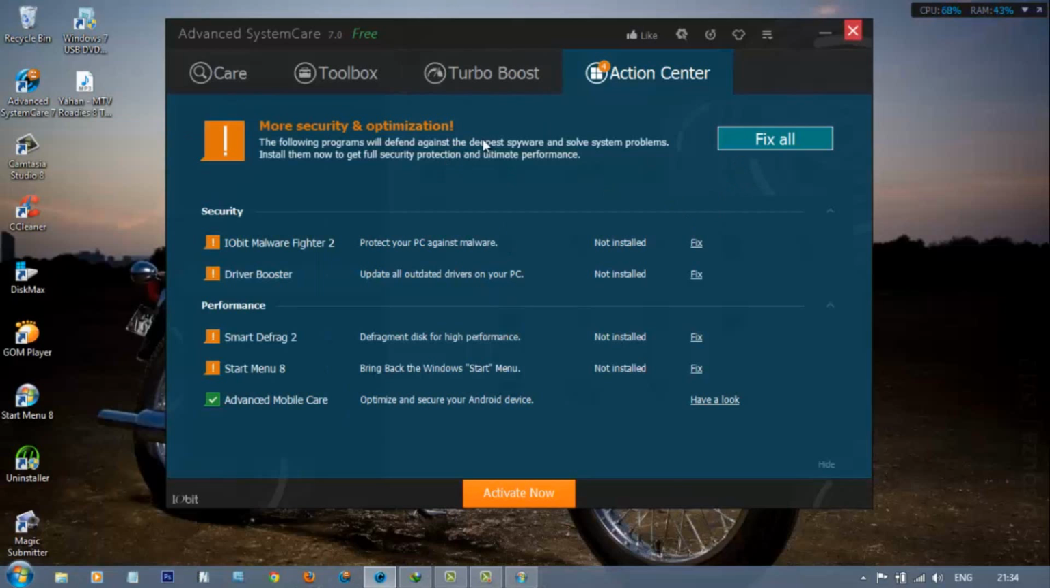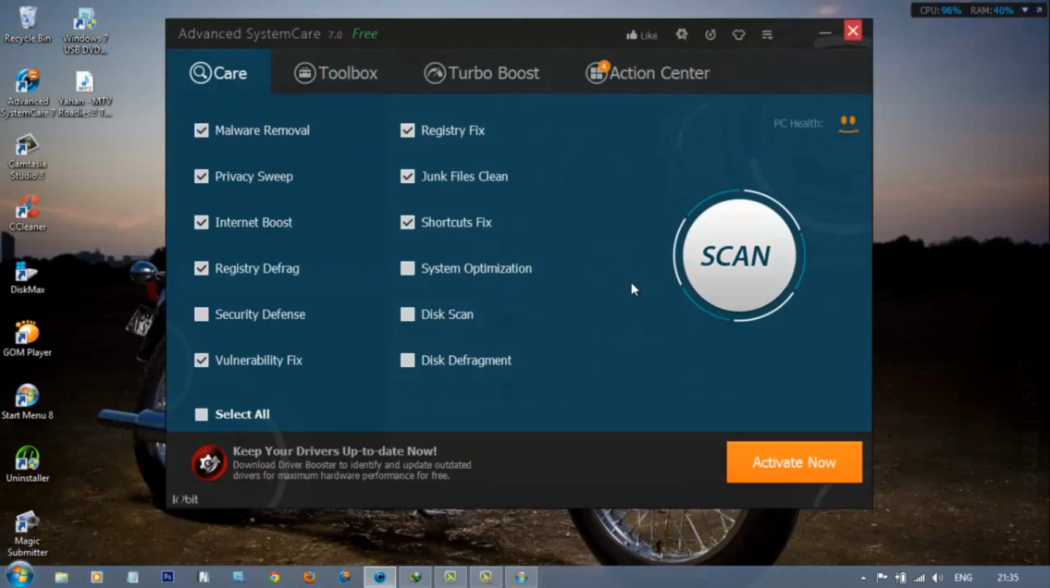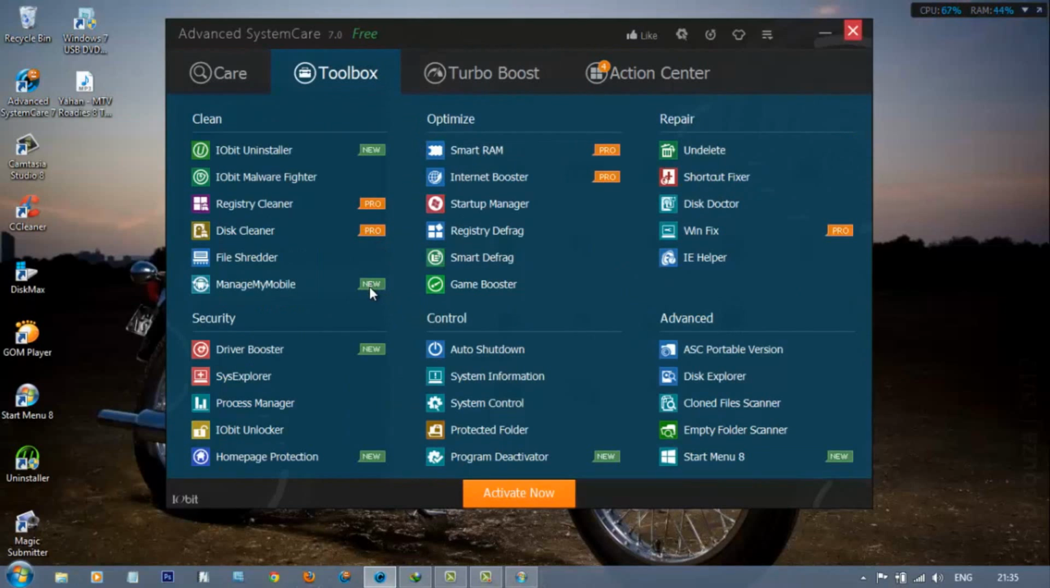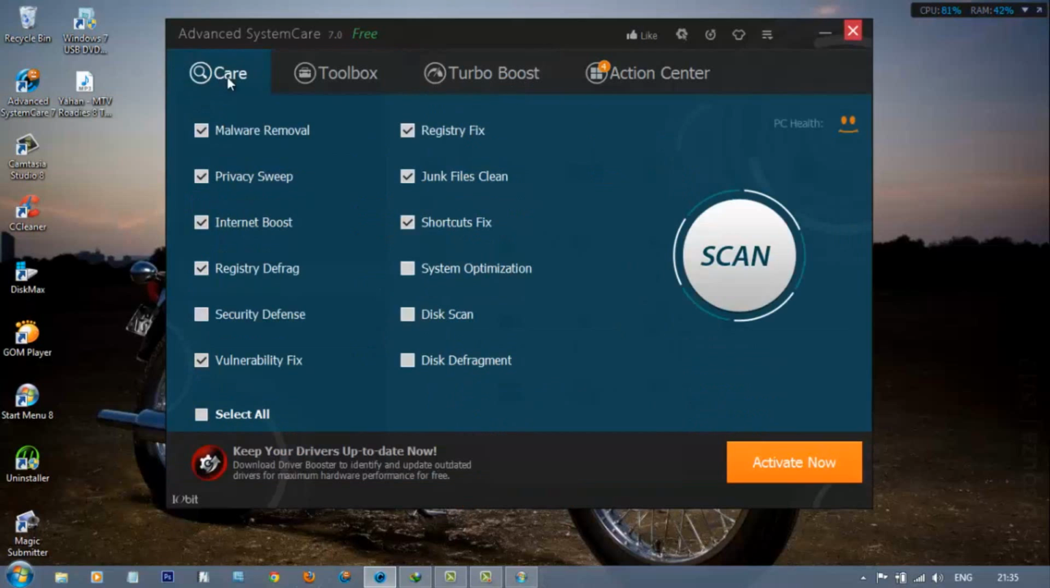So this is all about Advanced SystemCare version 7. Overall I am really impressed with the interface and the additions of tools they have included in Toolbox. So this is really a great installment they have, right? And it really shows that developers have worked and kept in mind the customer requirements and really brought a nice update to their